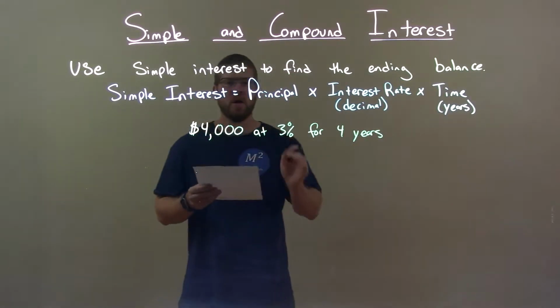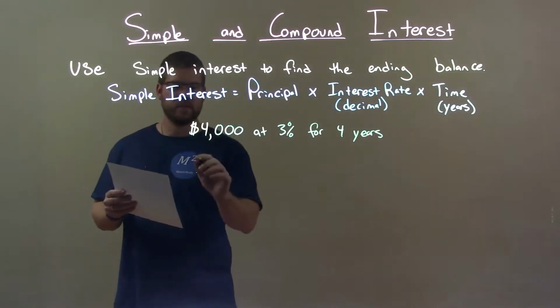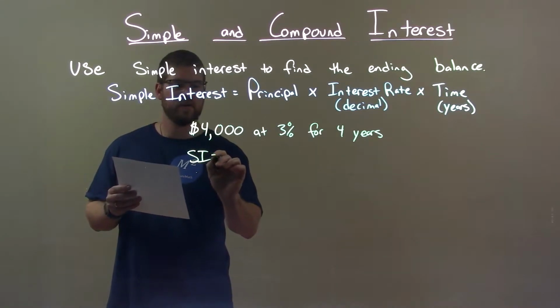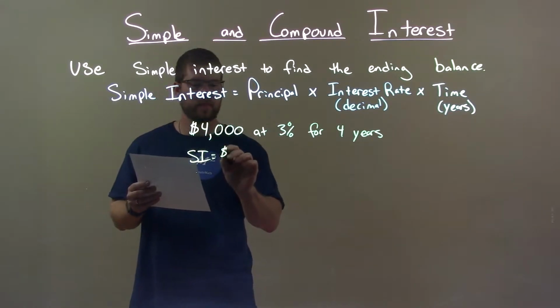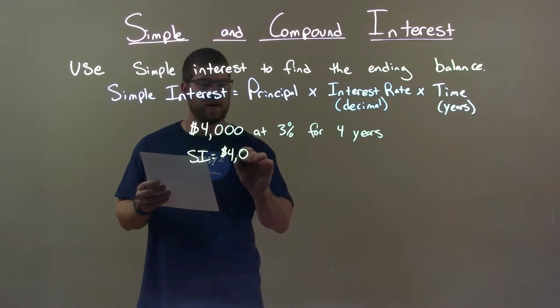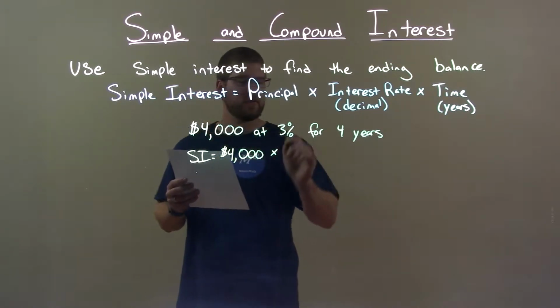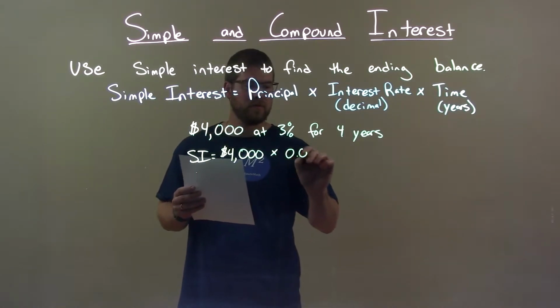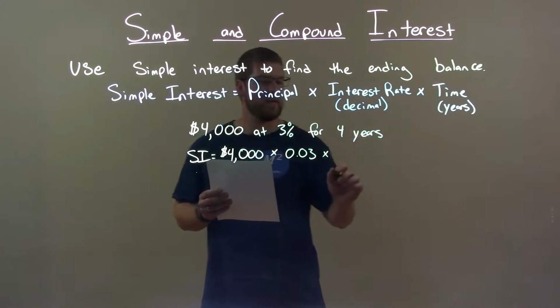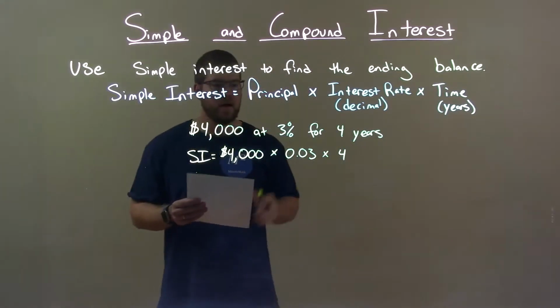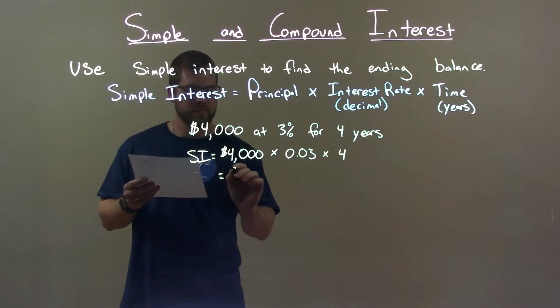All right. I first want to use my formula for simple interest. Simple interest here is equal to my principal, $4,000, times my interest rate as a decimal, 0.03, times time in years, 4 years. When I multiply all that out, I get